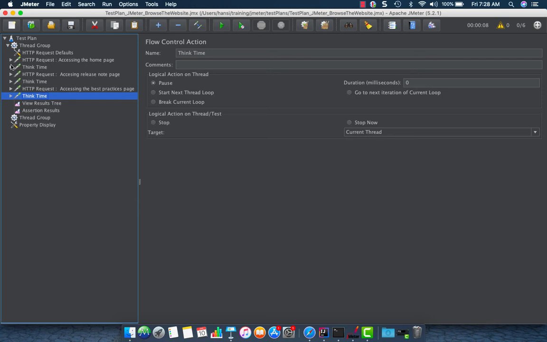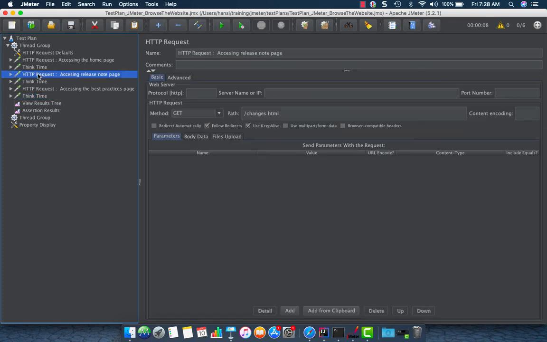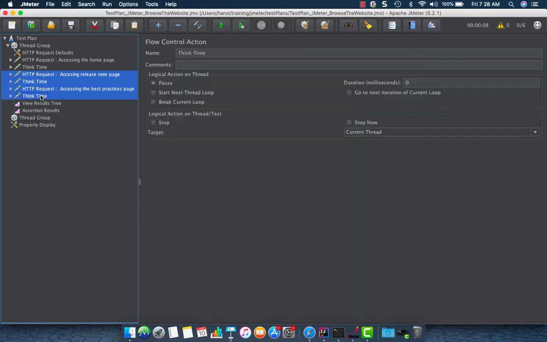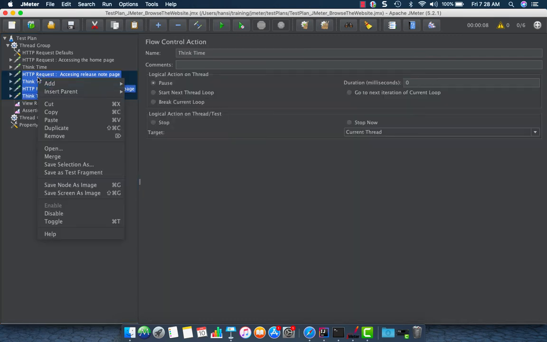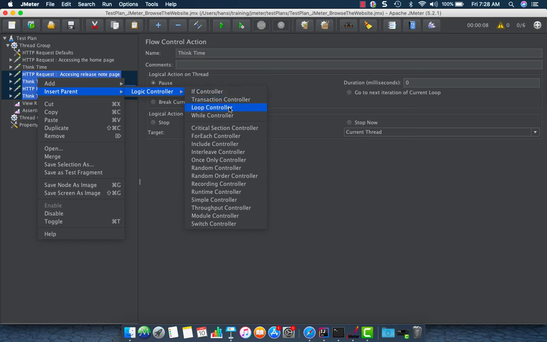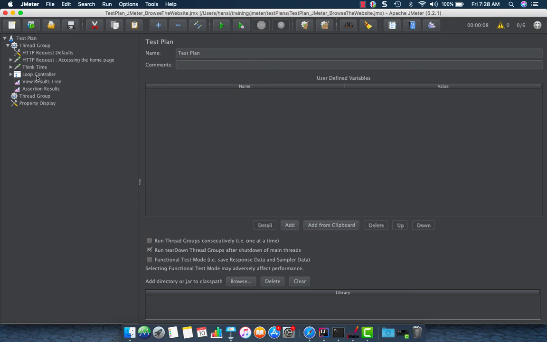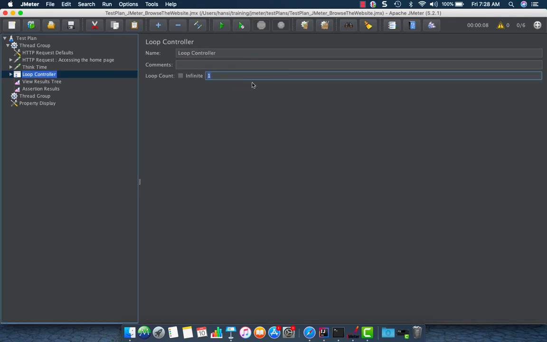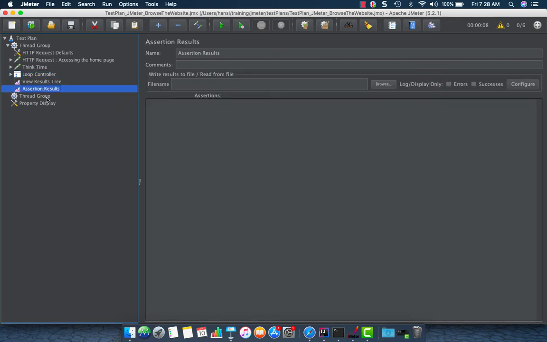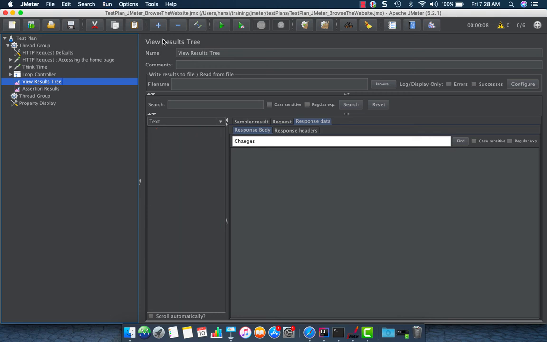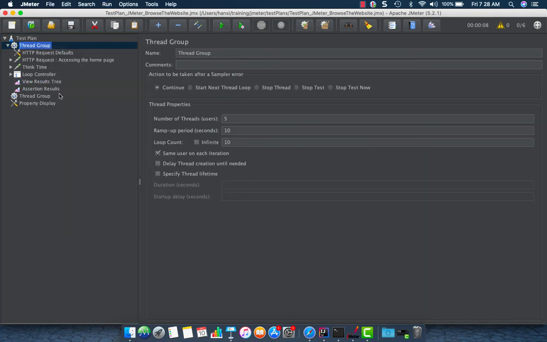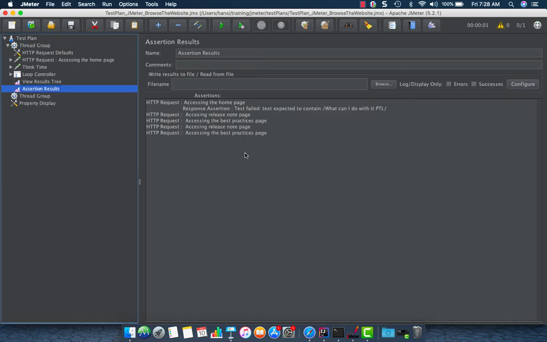And also, say if you want to repeat these two further, you can insert a parent logical control, like a loop controller, in every iteration. So you select this, maybe you can say 2, and likewise it will be executed. So let's see the effect. Control E to clean it, and just validate rather than running it. So likewise you can see that